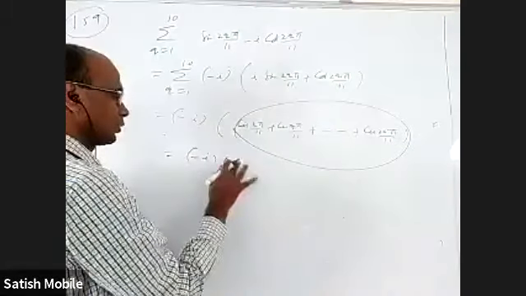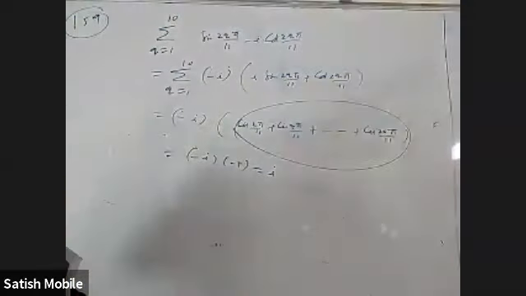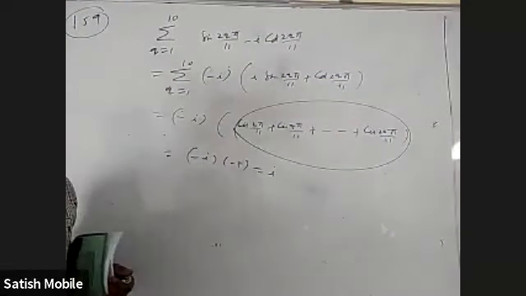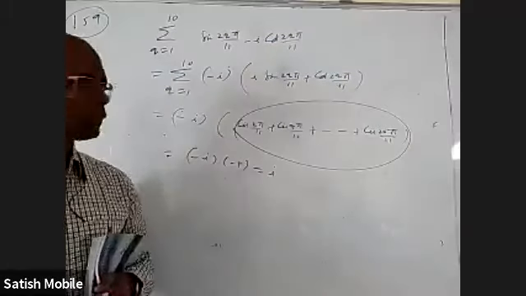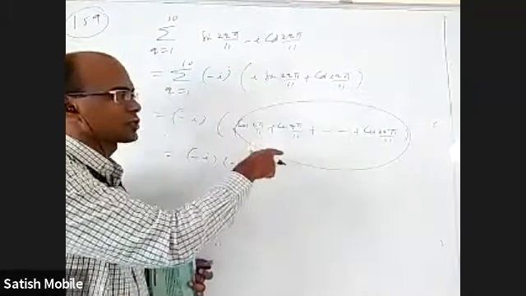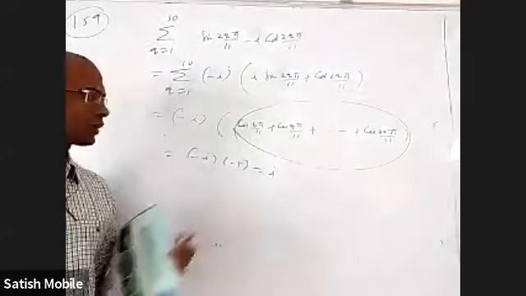Minus I into minus 1, which is I. So the inner sigma is simply I. From here to here, how is it minus 1? Either because of the sum of 11th roots of unity, or you can use the geometric progression formula. The first term is this, the common ratio is cis 2 pi by 11, the number of terms is 10. A into 1 minus r power n by 1 minus r, do it, and you get the same thing.